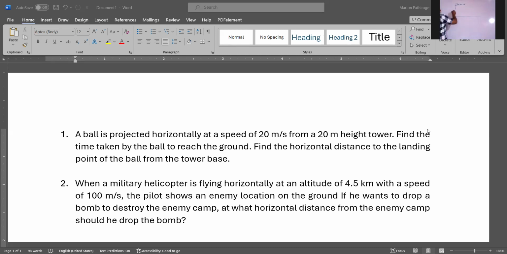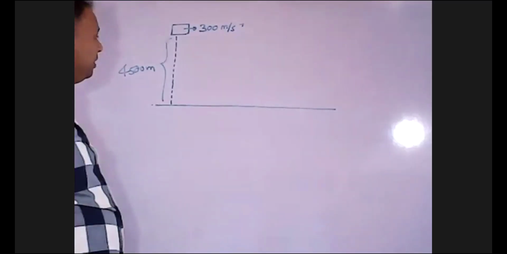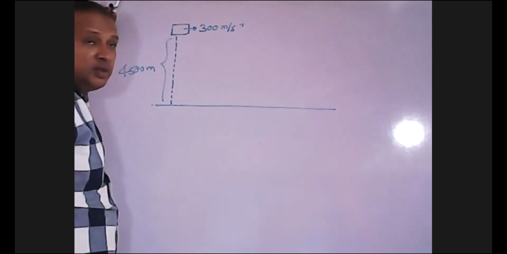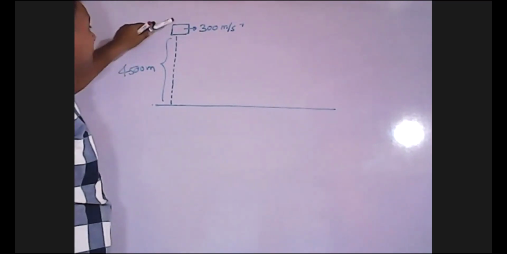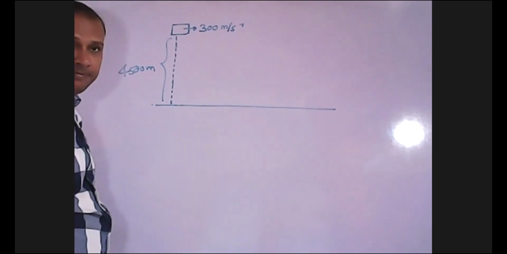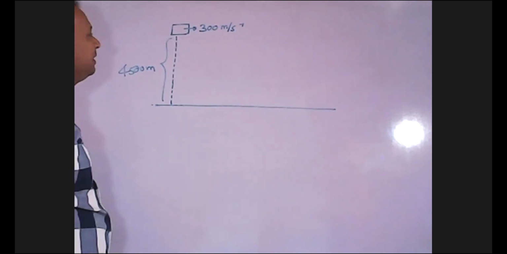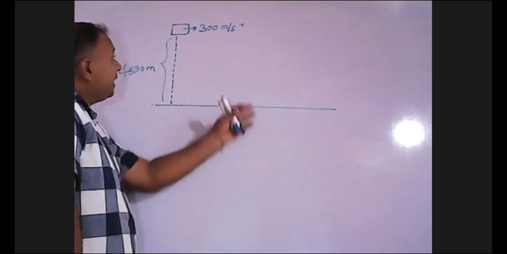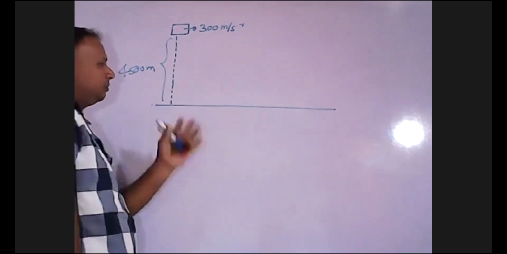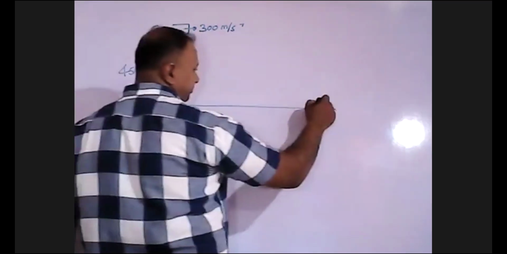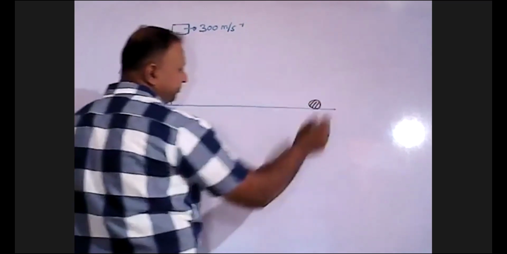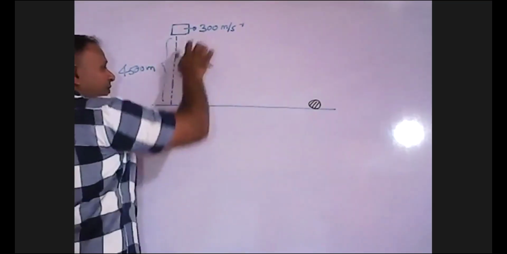4.5 kilometer means 4,500 meter. Right. Now the pilot of this helicopter sees the enemy camp on the ground. This is the enemy camp. And if he wants to destroy this enemy camp with a bomb,